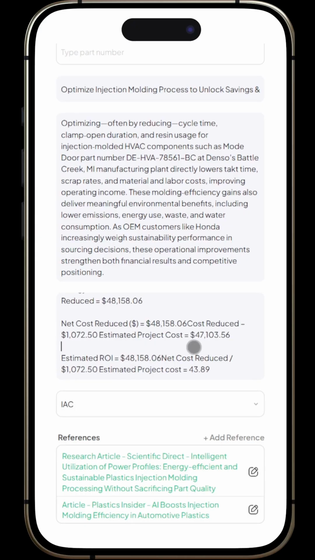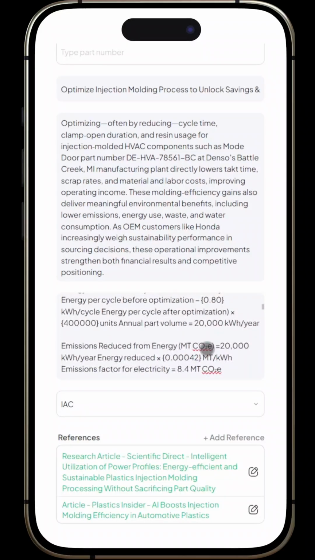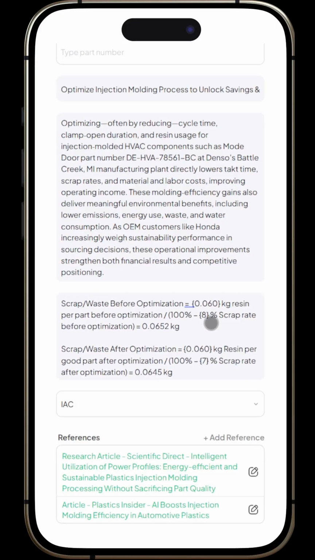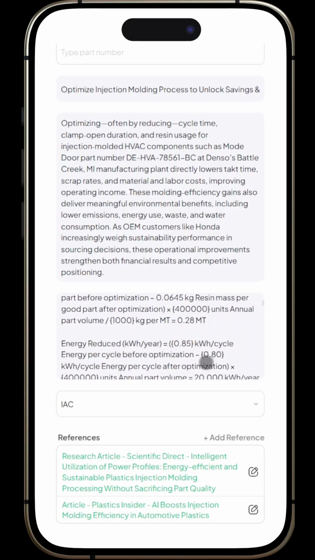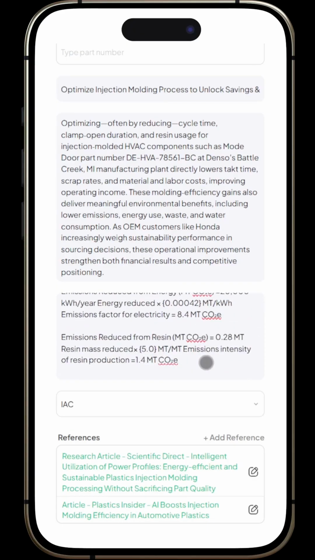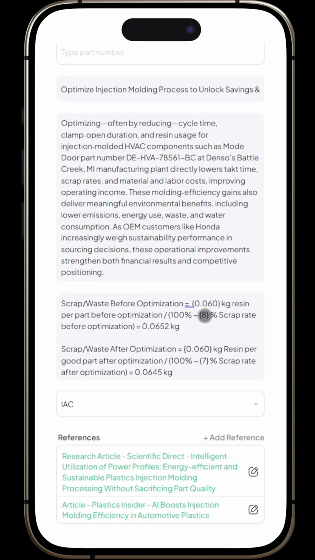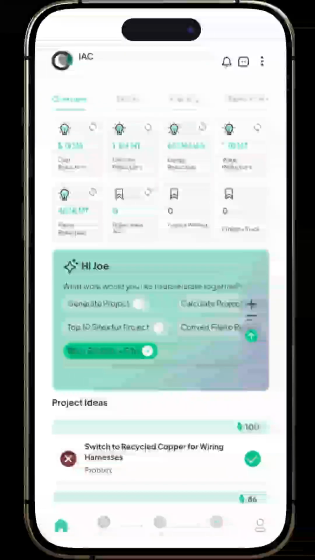So in this example, we've got $47,000 in net cost reductions. We have a baseline scrap assumption of 8%, and the optimization scrap would be 7%. And then let's just take a look at a third metric. You can see emissions reduction, we got 1.4 metric tons. So if we make any adjustments to these, they should go higher or lower based on that. So in this example, we'll keep the baseline at 8% scrap, and we'll change the scrap optimize from 7% to 5%. And then after that, all we have to do is go back to the homepage and click the run